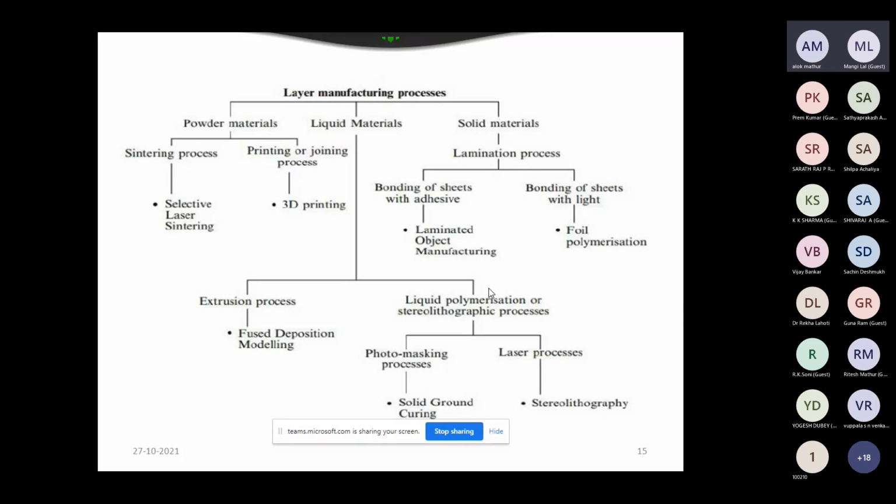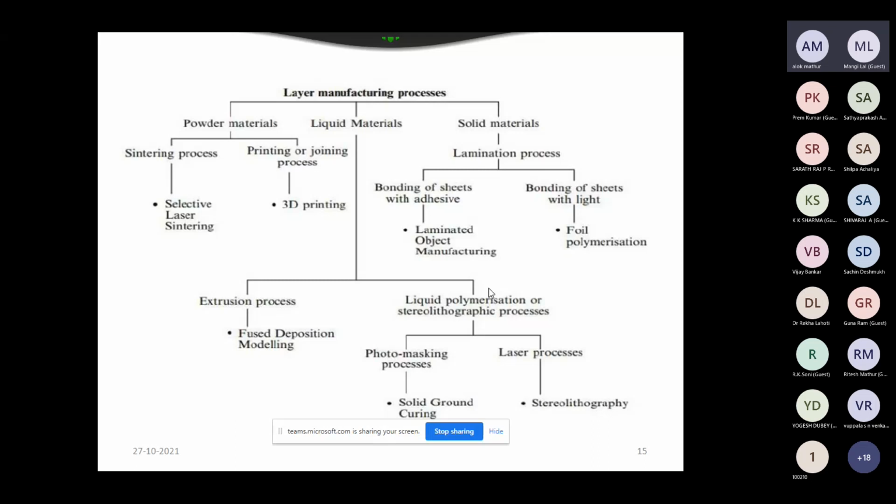Now, on the basis of solid material, there is the sheet lamination process, which we'll discuss in this series, laminated object manufacturing. All these techniques can be further classified according to the source or according to the materials.